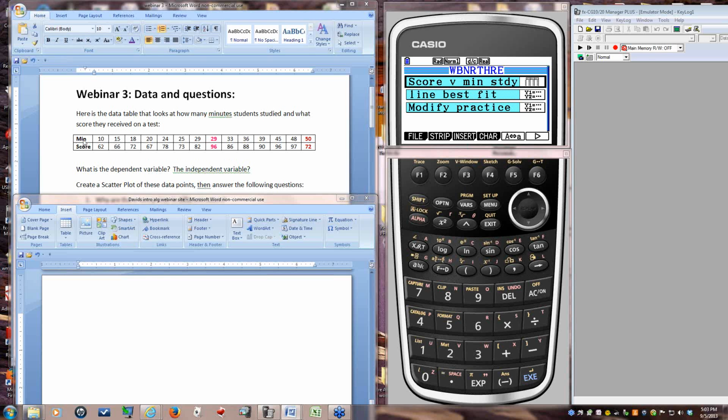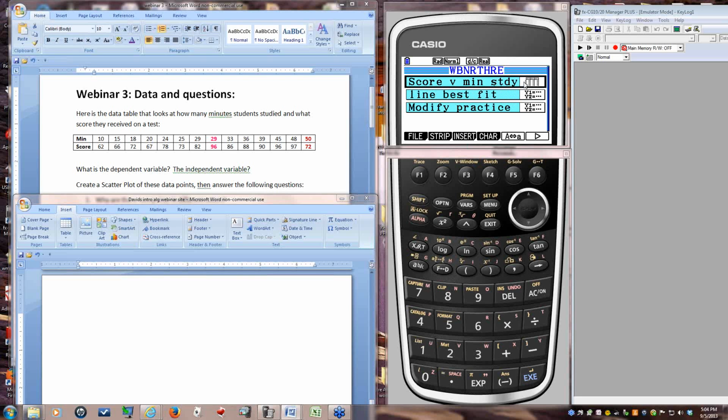But what you would need to do is go into the stats mode on the calculator, and I'm not going to do that. I'm not going to press menu and go into statistics. I've actually set this up as an E-activity, and come to think of it, that's going to be my next webinar, so I'm plugging myself a little bit.